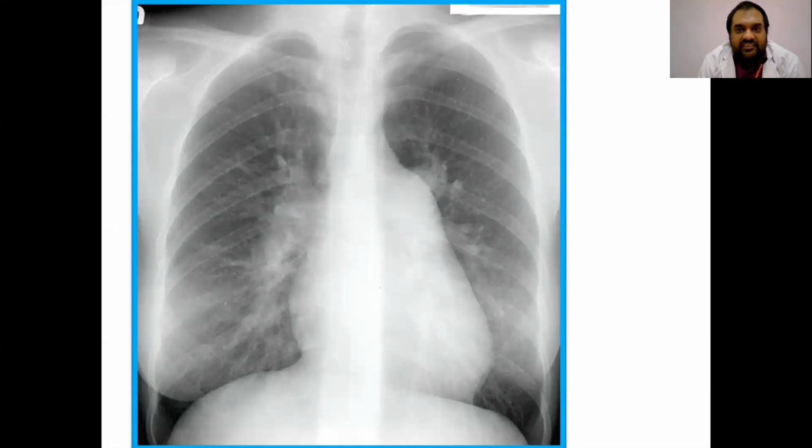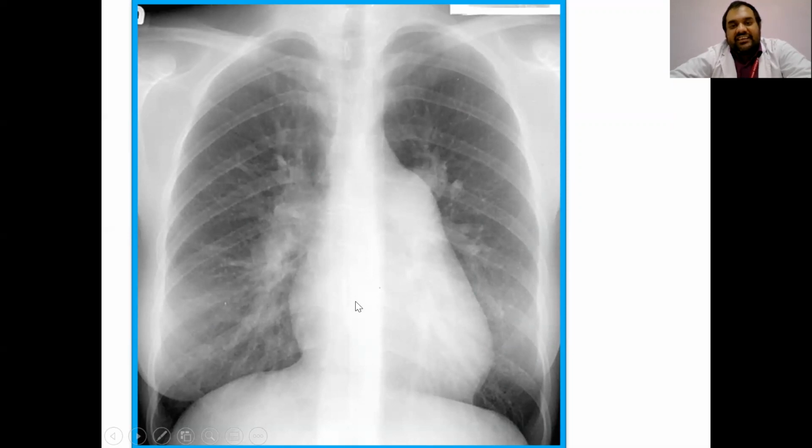This is a chest radiograph showing the right ventricular enlargement, as evidenced by the fact that the apex is above the diaphragm and it is enlarged. You can see the prominent right pulmonary artery and perihilar region. We can see the perihilar region opacification is there. And we can see the rest of the lung fields are clear.